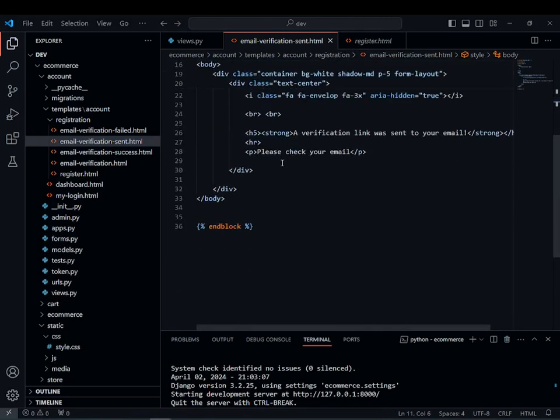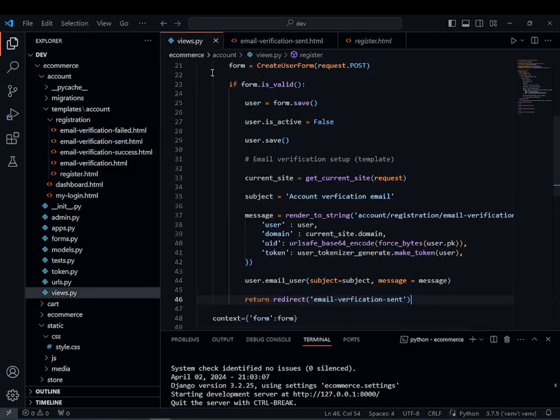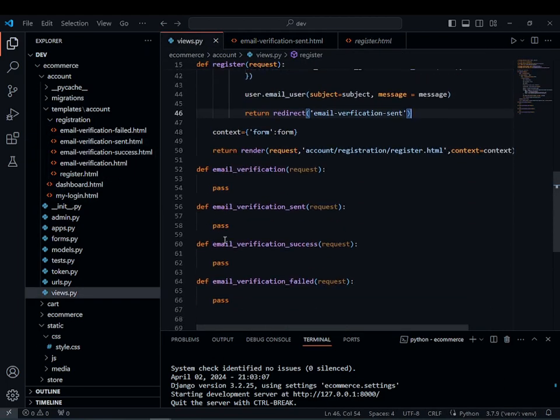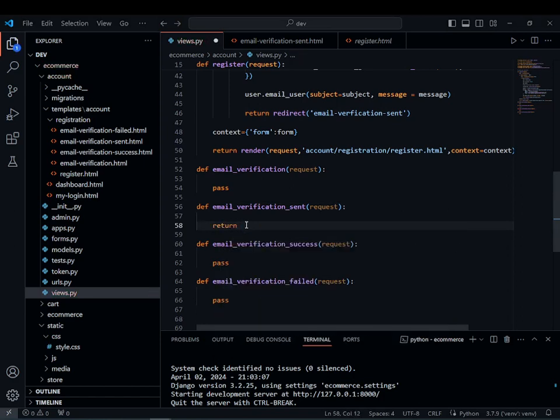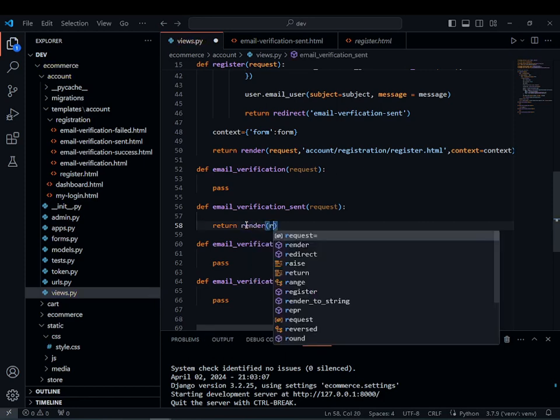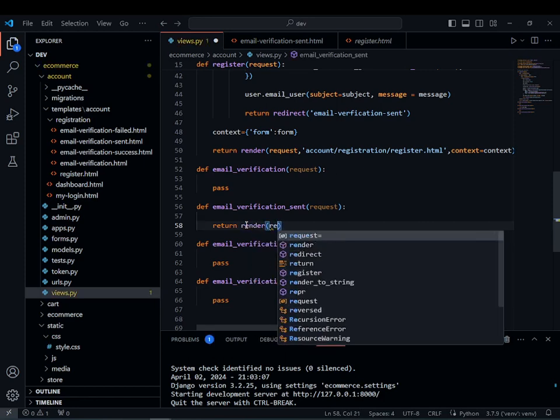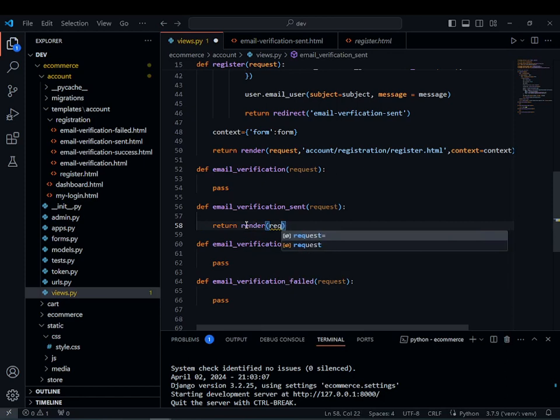And in our views, in that email verification sent, if you want to check how it looks, what you can do in that pass is return render request,